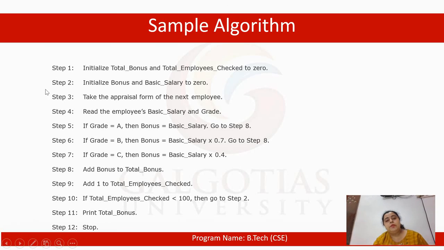If it is less than 100, obviously we need to go back to step 2 and do the process for the next employee. Then we need to print the total bonus and the last step is stop. So once the total employees checked goes to 100, then we'll print the total bonus and we will stop. This is what your next algorithm is.